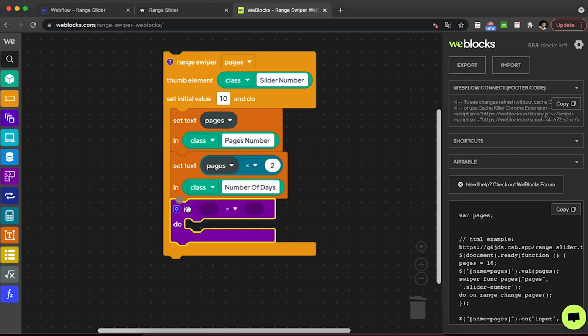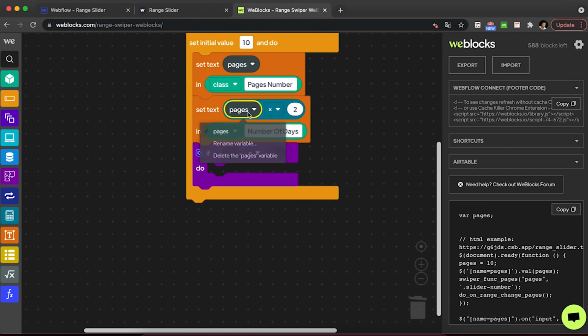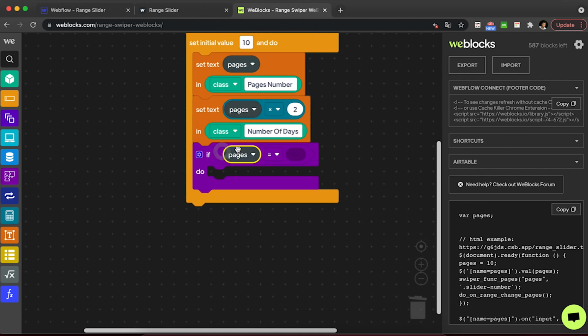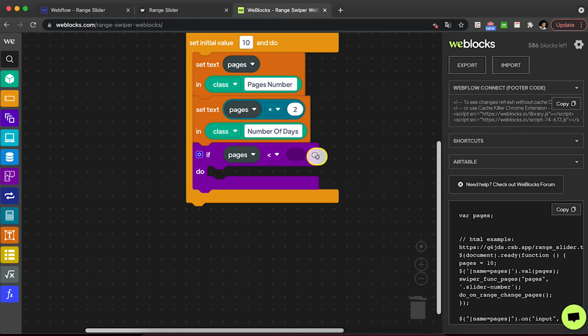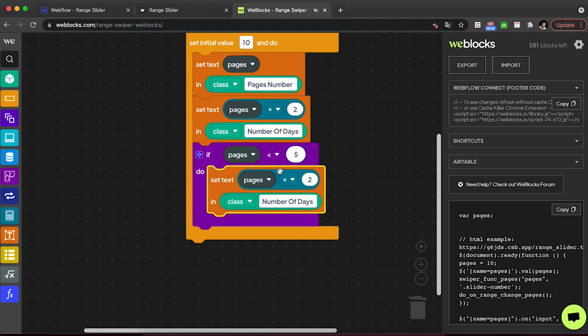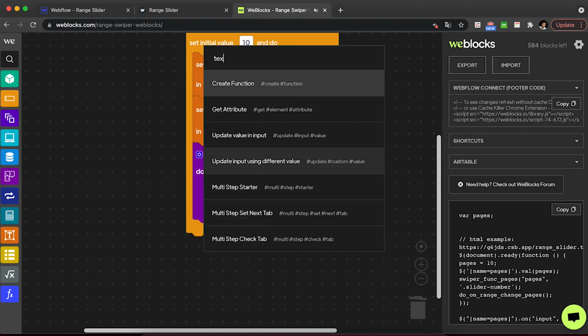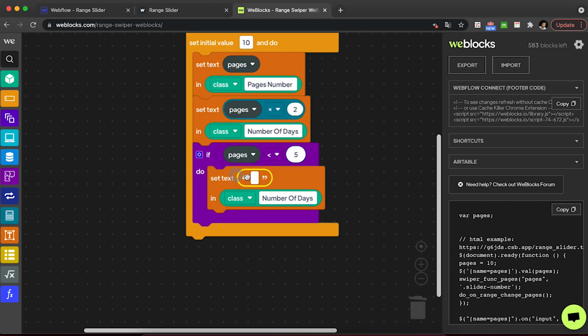Now I can tell that if pages, so if the number of pages, the input range, is less than, and I can use a number element, less than 5, then I would like to set text, and I will use the text block basic